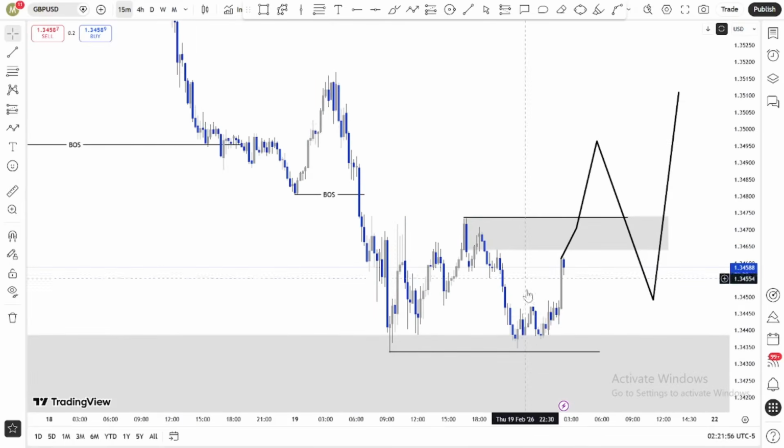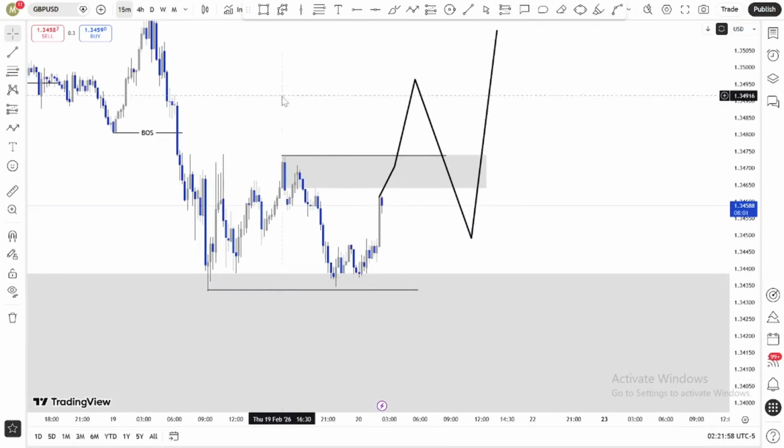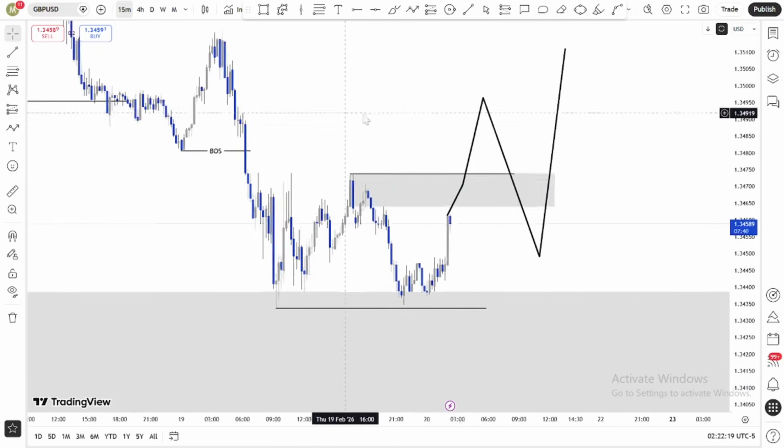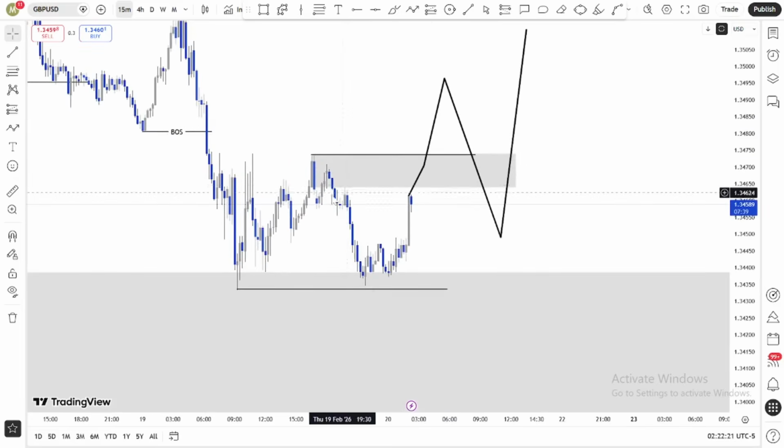Do you understand? You can see that the trend we map out here is to the downside. Structures are printing to the downside, but since price has gotten to this level here, the only reason I can change my bias right now is when price has changed its structure to expanding to the upside. But currently the market is still dumping, right? Price is still selling. Do you understand? So what I'm looking out for is I want to see how price will react to this